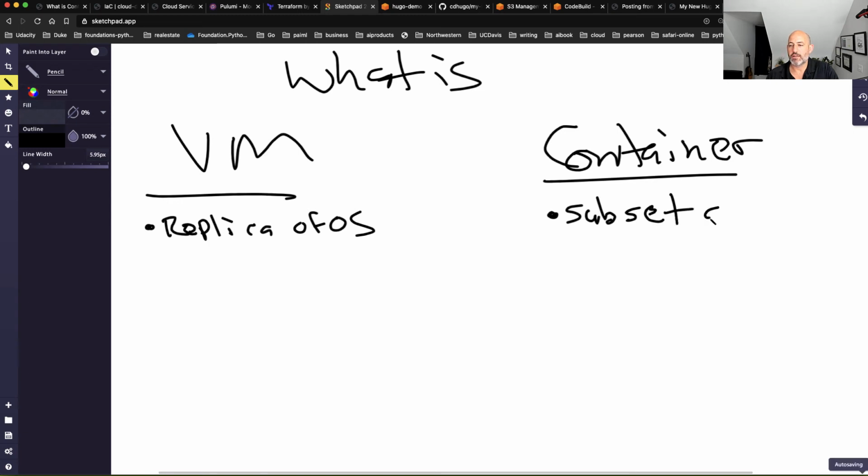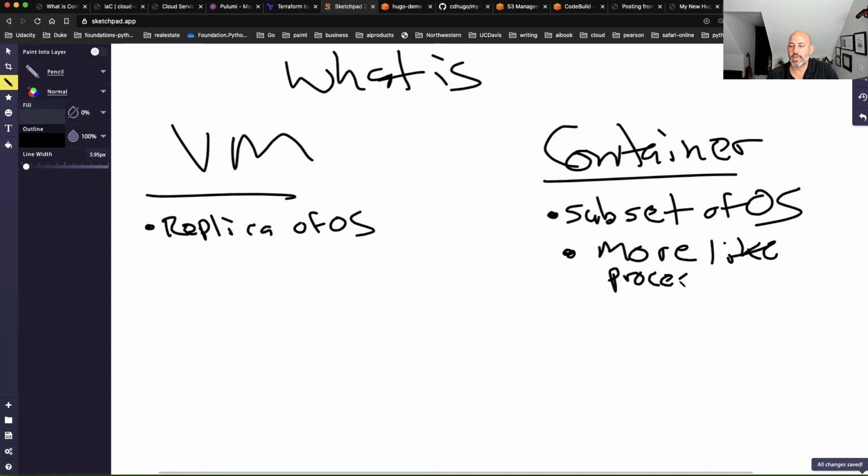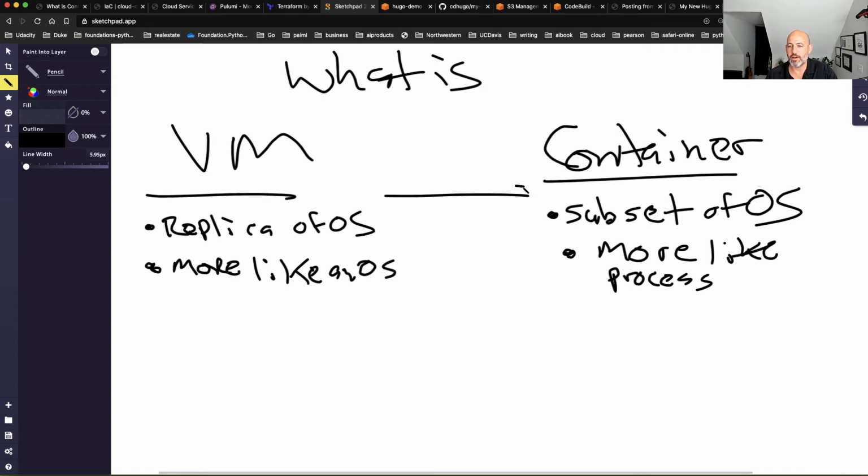And what that means is that it's more like a process than it is an operating system. And this is more like an operating system than it is a process. That's probably the simplest possible way to explain it: if I had a gradient here and I would say, process, and then an operating system, right? It's not perfect, but it's closer this direction to an operating system,